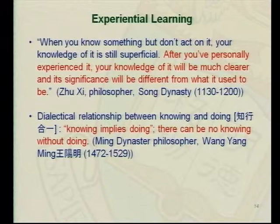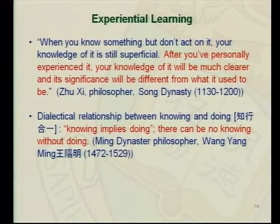Going back to Gary's plenary speech about what does transformation mean. Transformation is after experiencing it, to me, you see things in a different light. So knowing implies doing, and there can be no knowing without doing. Okay. And in fact, this perspective on learning is very central to Dewey's work, where I've got a quotation up